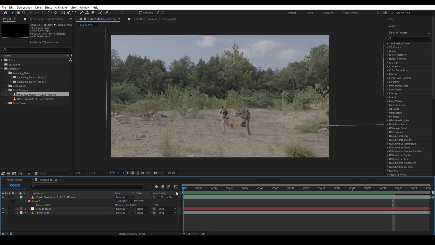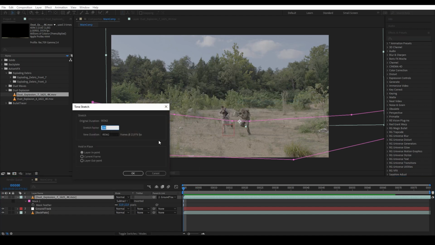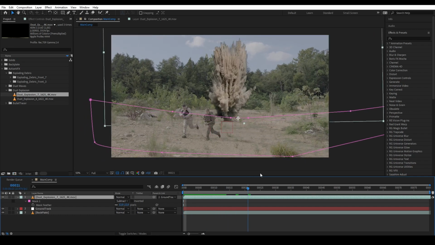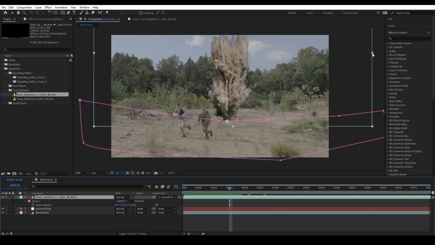Awesome. Then what I'm going to do is I'm going to make the explosion a bit faster. So right click, time stretch, and we're gonna go with 75%. Okay. So now the explosion kind of moves a bit faster, and then I also want to flip it because